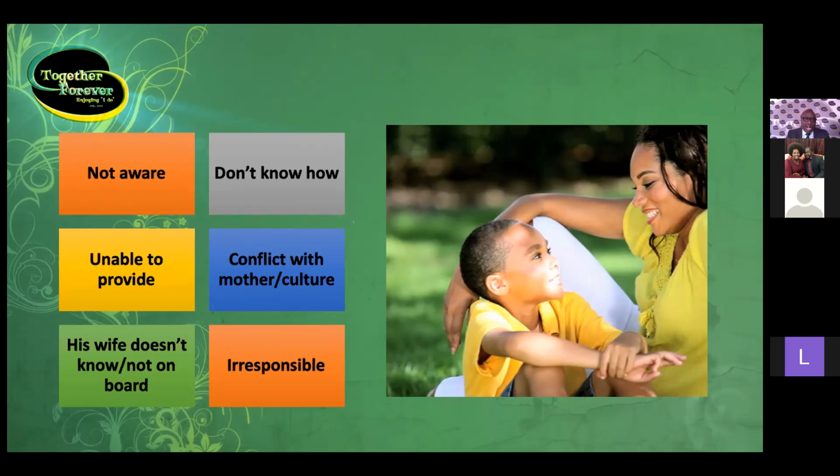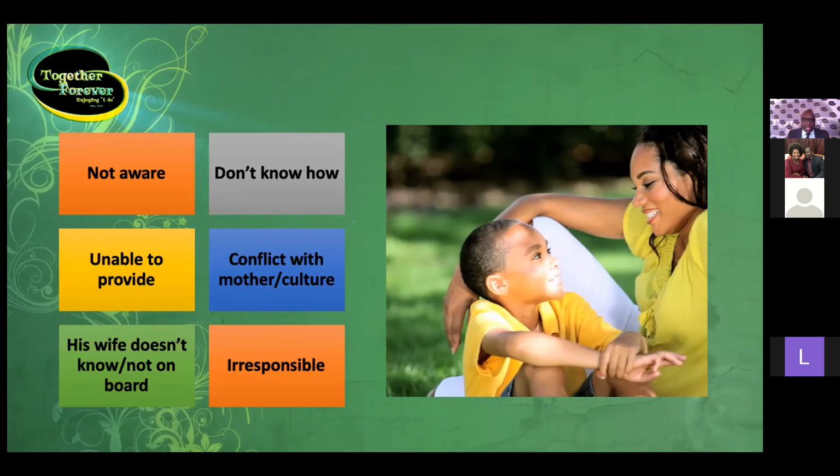Why? Because how do you explain to your wife, baby, I know we've been married for 10 years, I've got a 5-year-old? That creates other problems. You're going to have serious problems if you start talking stories about a child when you've been married for 10 years. So you'll find that the wife does not know you even exist. Sometimes she knows that you exist, but the wife is not on board because sometimes it feels as if, and understandably so,